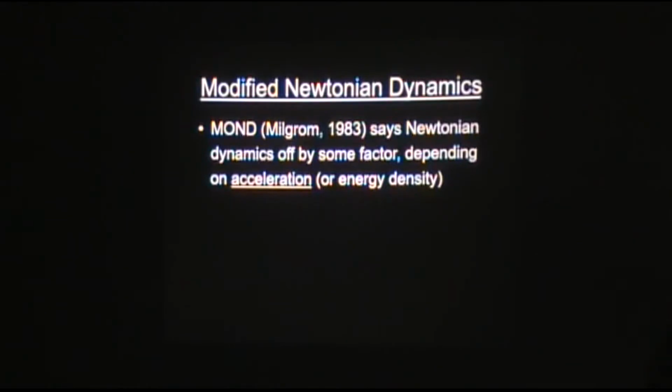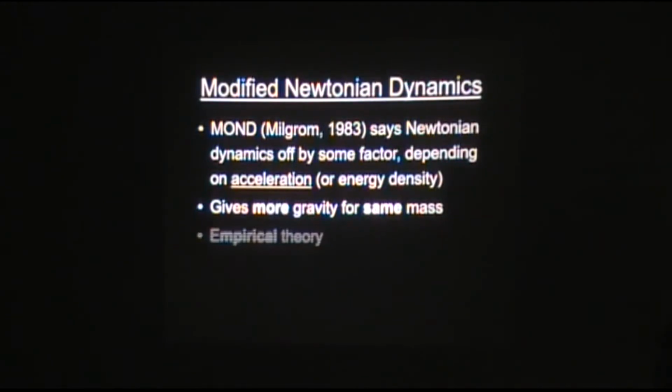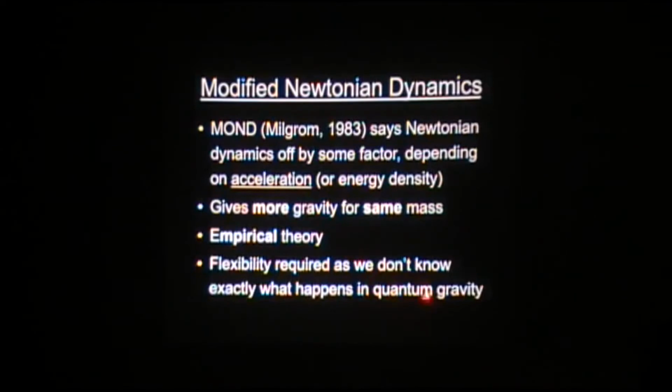By the way, people suggested this before the discovery of dark energy. So the way I presented it is designed to be logical rather than how it was discovered. The idea behind this is to basically boost gravity by a certain factor depending on the acceleration, but it's an empirical thing, which is required because we don't know what happens in quantum gravity, so we need to leave some gap in the theory to adjust to fit observations. It's like leaving gaps in a periodic table for things that you don't know what they'll be like, but you're sure they have to exist.